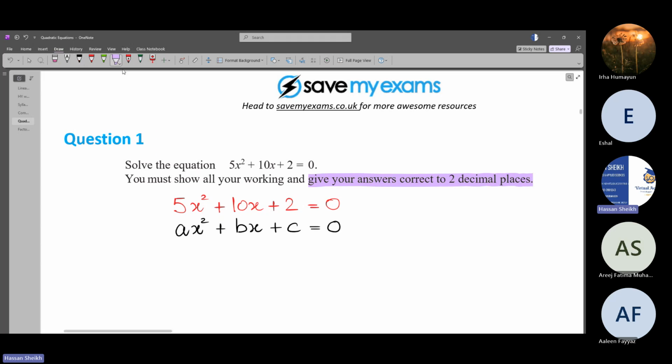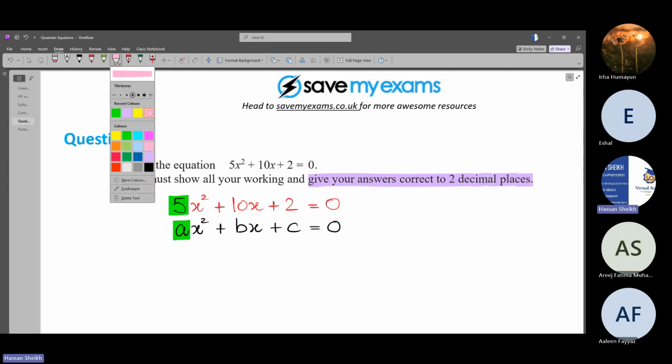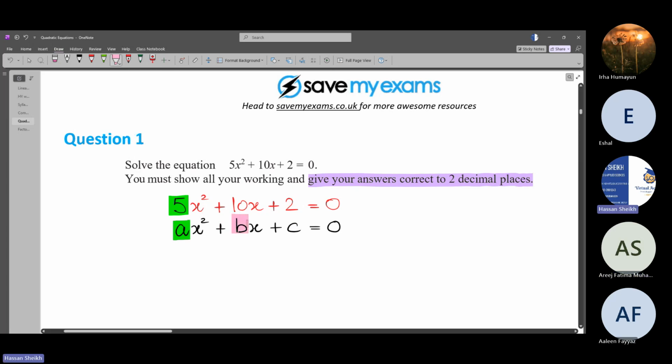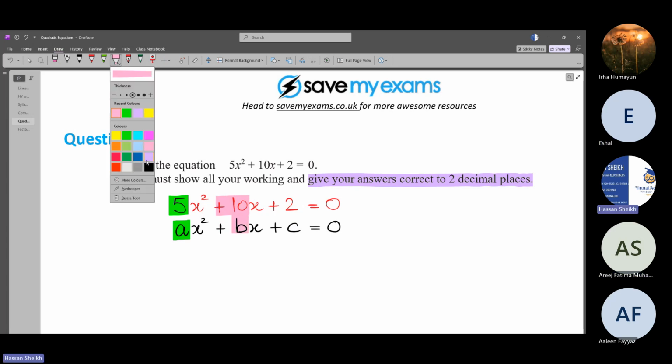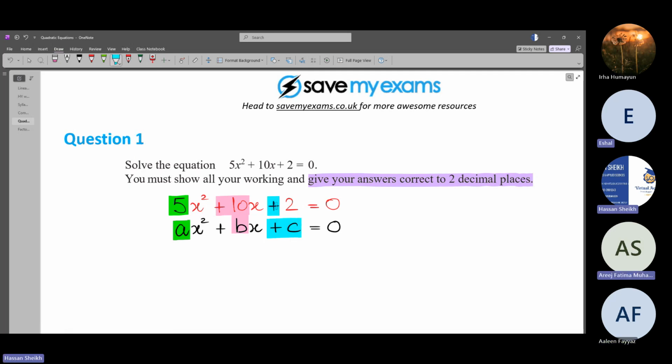Now you can identify the values. What is a here? Plus 5. Very well done. What is b? 10. b is plus 10; it always comes with a sign. And what is c? Plus 2. Very well done. Now, once you're done with the values of a, b, and c,